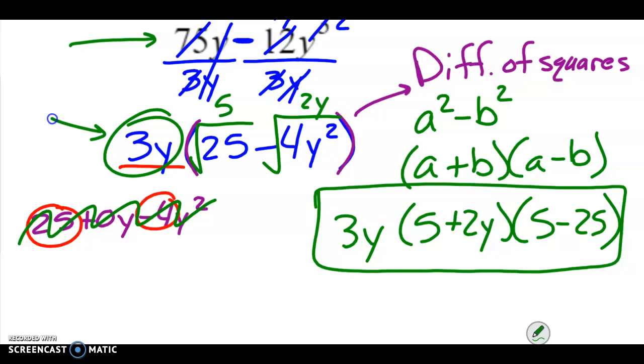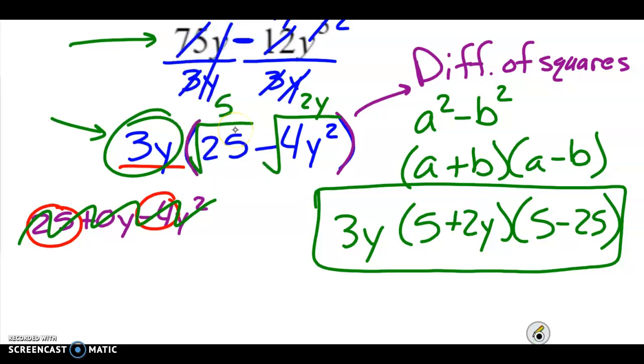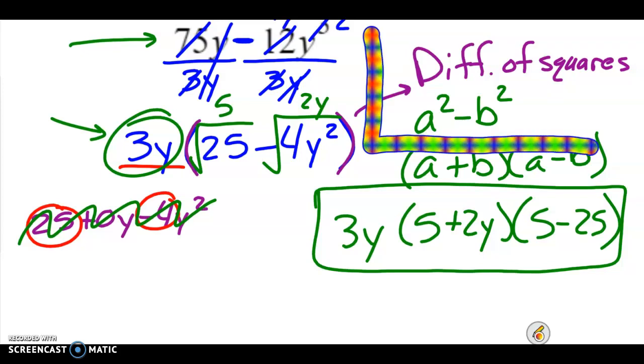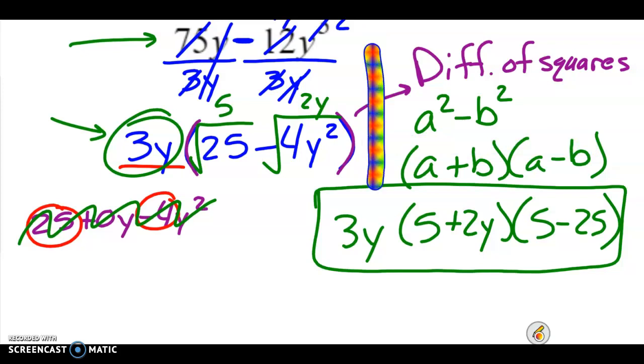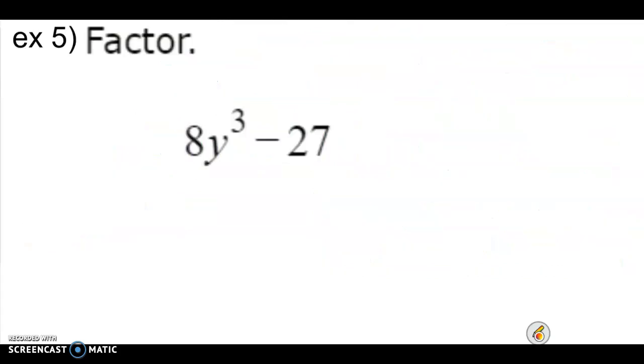So for difference of squares, be using this shortcut. We'll do something fancy here to circle that. Let's do this one. Cool. Get it all in there. Difference of squares. There's your shortcut. Okay? So that's one of them. Then in the next example,